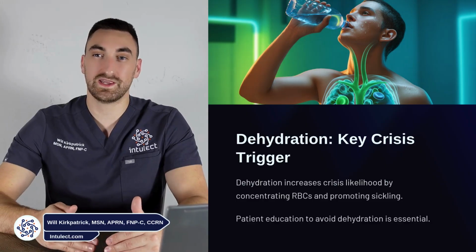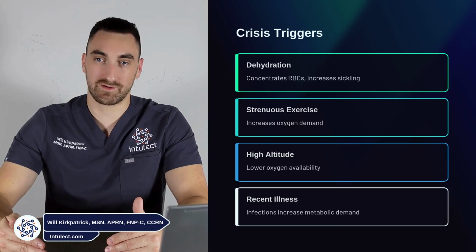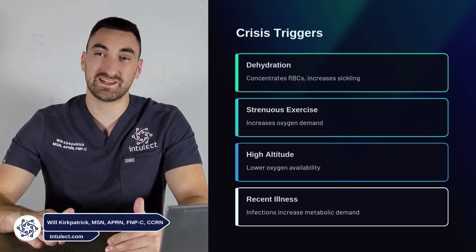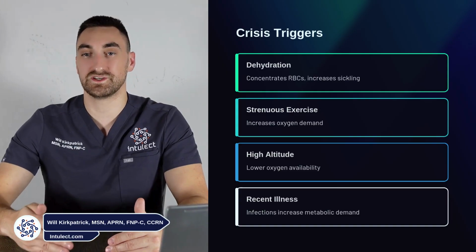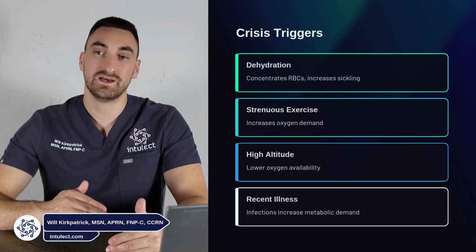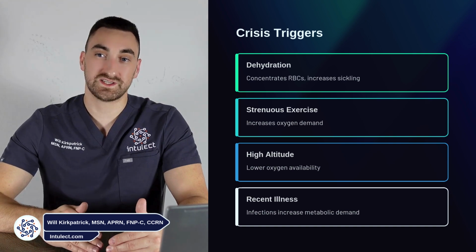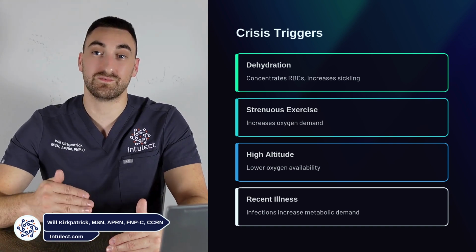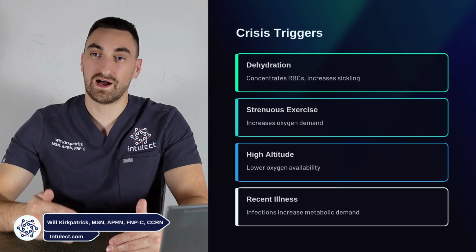And the biggest one is dehydration. So dehydration increases the metabolic demands of our body, and that increases the need for oxygen. So literally anything that could increase the need for oxygen in our bodies could cause sickle cell crisis, because once again, those sickle cell red blood cells are so sensitive to the point where anytime they have increased needs or have to function more than what they can, they end up breaking down or they end up clotting the blood